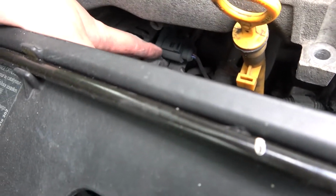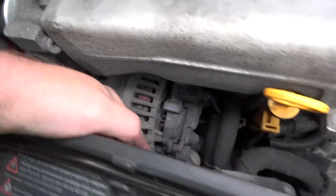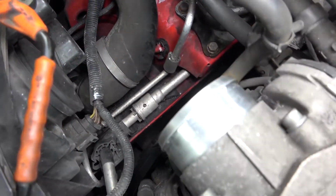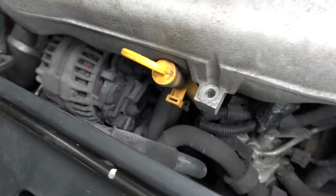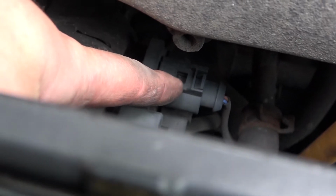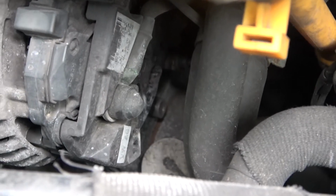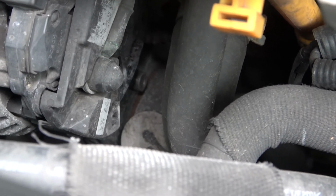Now on this side of the car, this is the back of the alternator. Can't really get in there much because of where it is. My hope is that I can bring it out this way, hopefully. You can see the alternator belt down there, or the auxiliary belt. But before we start taking stuff off, I need to unplug this plug here. That needs to be unplugged. There's like an earth wire under here. This cap needs to come off, probably with a pair of pliers because it's been on there for a while. That needs to come off, and then I need to undo the 13mm bolt behind it, ready to be replaced